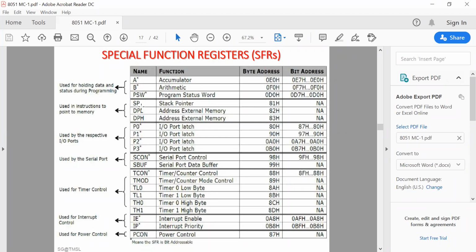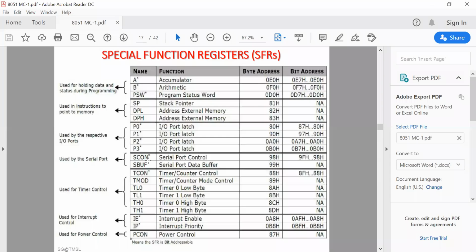The stack pointer is used in memory pointing for stack operation, and DPTR is for external memory connection. P0, P1, P2, P3 are used by the respective IO ports. These are IO ports, or in case of external memory access, they can be used to transfer the addresses.